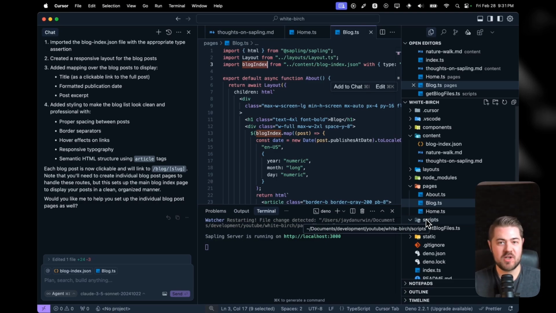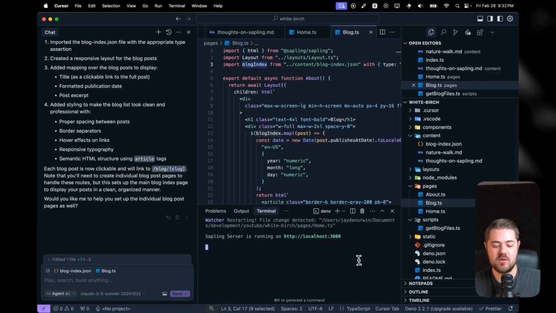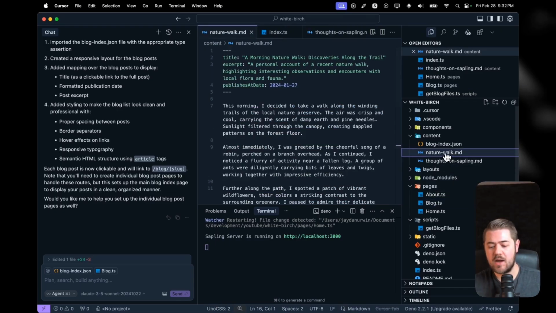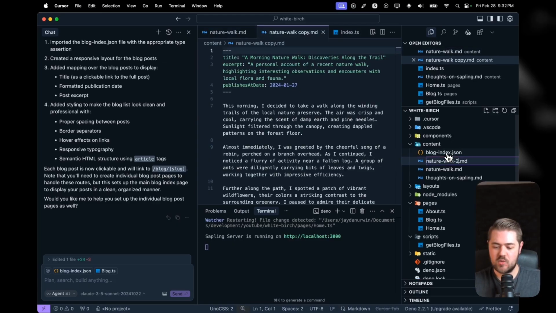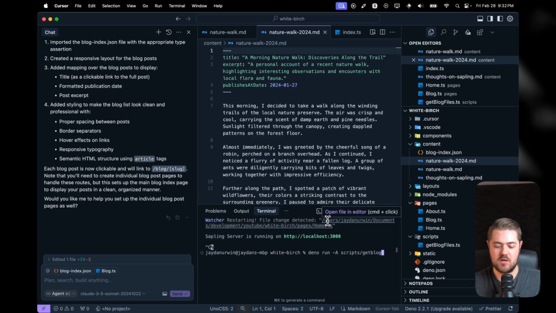So I know I'm talking about Sapling being a buildless system, and it is, because what I would do before I push these code changes, I would go write my new blog post. We could do a third blog post if we wanted. Nature Walk 2024, right? And then we could go back, and it looks like I don't have that command still there, but we would do dino run -a, and that was scripts. We're at scripts now. Get blog